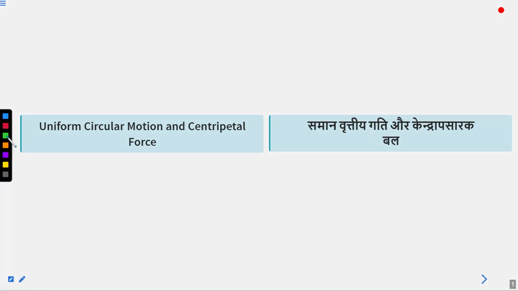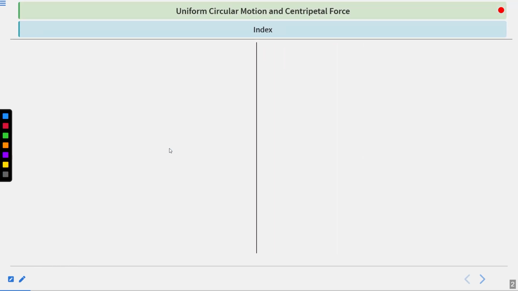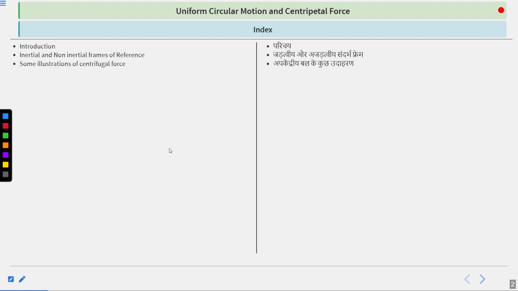So students, as you can see here, in this lecture we are going to start a discussion over uniform circular motion and centripetal force. This is the topic that we are going to start: uniform circular motion and centripetal force. In this lecture we will talk about the introduction, inertial and non-inertial frames of reference, some illustration of centrifugal force, and at last we will see the summary of